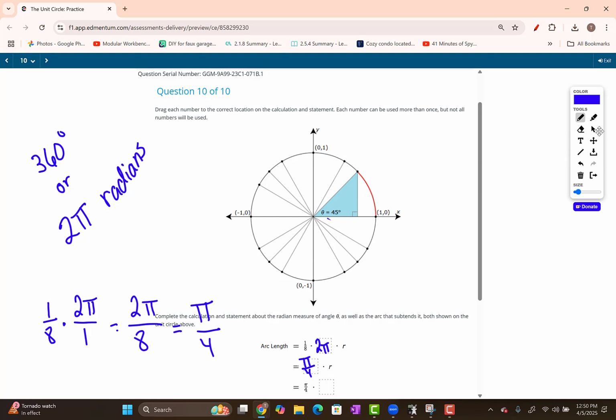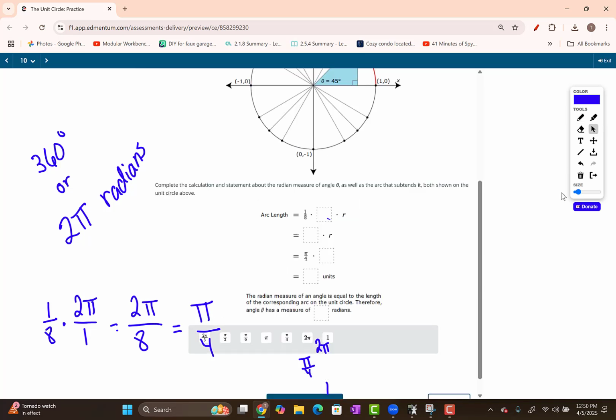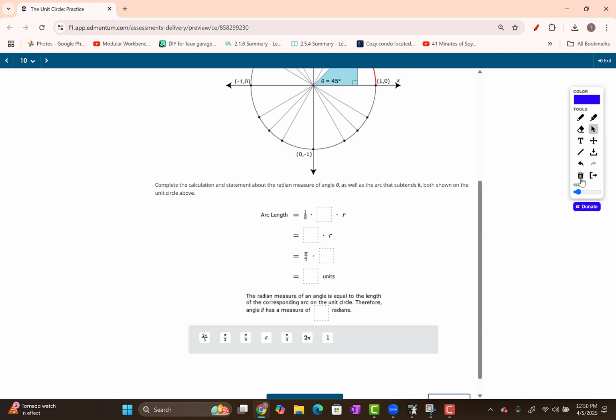We already said the third step is 1. Fourth box would be whatever pi over 4 times 1 is. That's simple enough. Just pi over 4 again. Then the final question says the radian measure of an angle is equal to the length of the corresponding arc on the unit circle. Therefore, the angle has a measure of